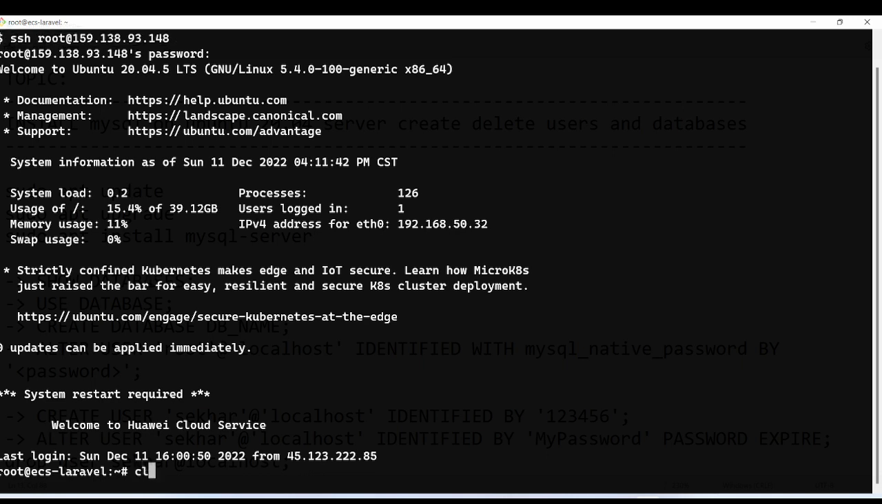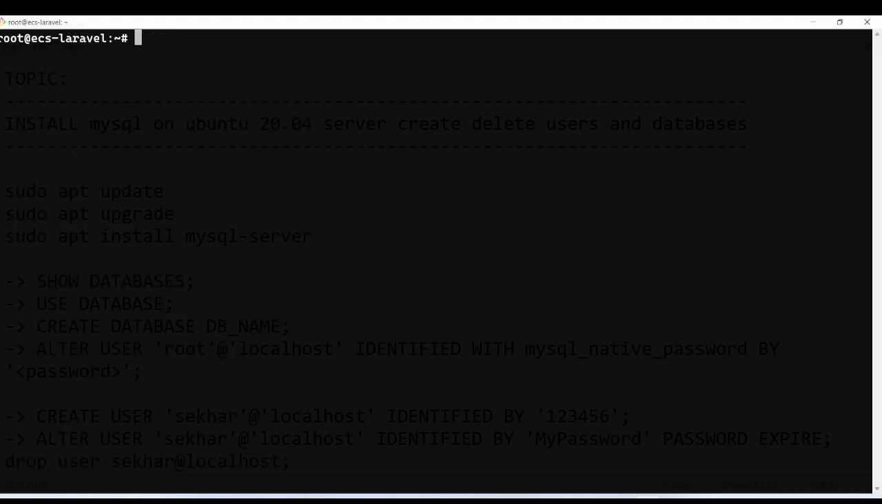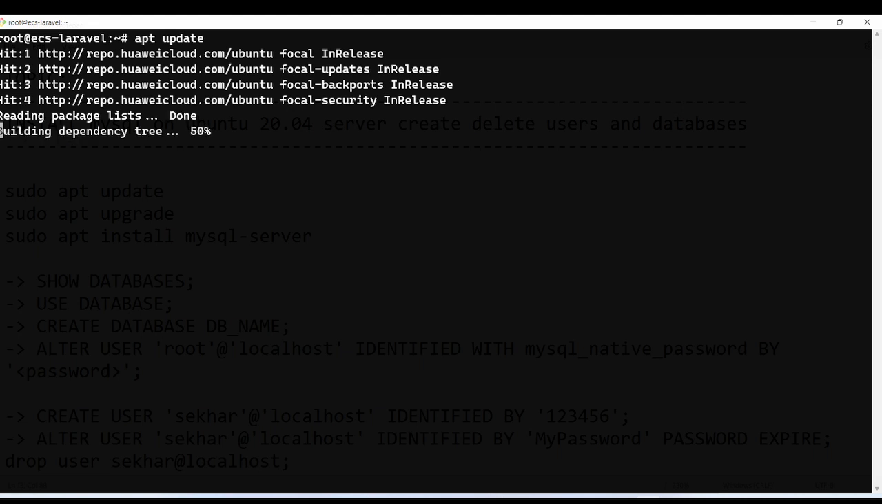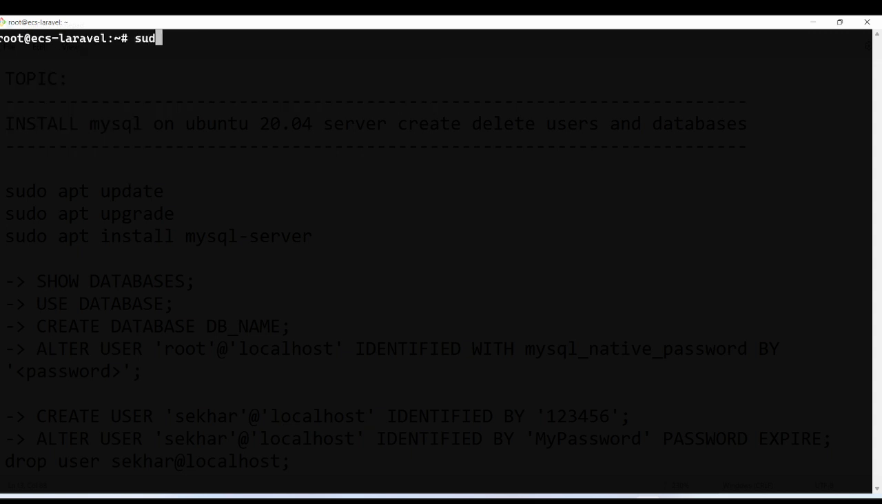So let me clear the screen and let me do the update. I have already updated just right before starting the video, so it did not take much time. So let me clear the screen. So let me install. Since I am a root user, I do not need to provide sudo here. So let me remove it and apt install mysql-